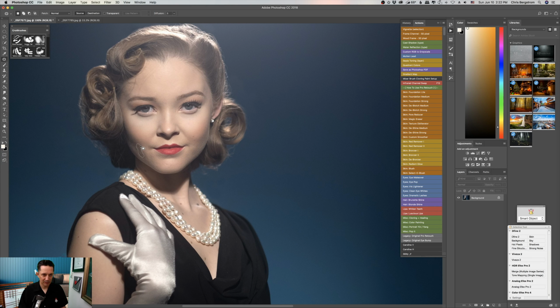I'm just going to select this part and resample, and you can see that really fixed that little issue. It's really not anything wrong, it's just the shadows were bugging me right there. See, I just put another shadow that does not look good, so I'm going to undo that and go back to